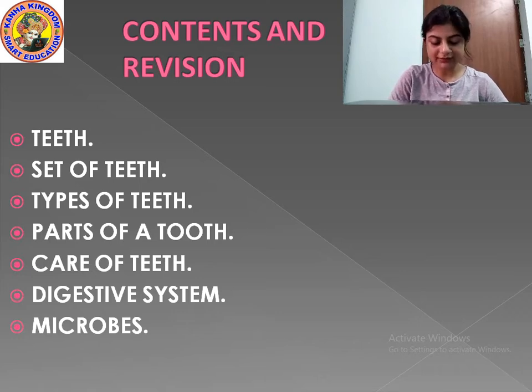It reaches inside the stomach, where the food is further broken down into smaller pieces. And from the stomach it reaches the small intestine, where the nutrients of the food are absorbed by the blood and taken to all parts of our body. And there is a juice produced by the liver in the process of digestion called bile, which helps the food to get digested in our body.